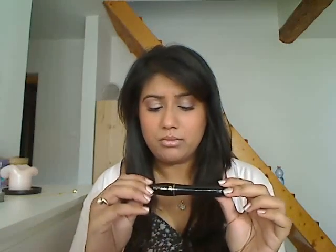If you guys look at my makeup today, like I said, I'm using the Hypnose by Lancome. It gives you a really Barbie doll look, so I'll just flutter my eyelashes there. And then my next one, this is actually something I got as